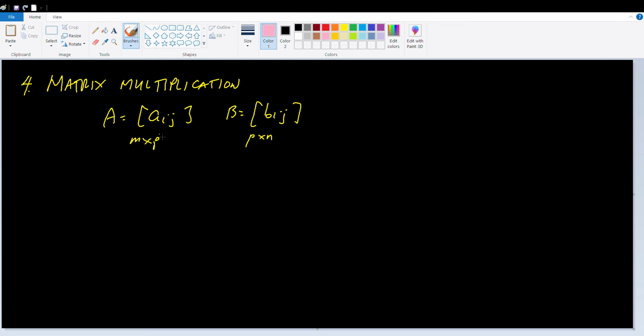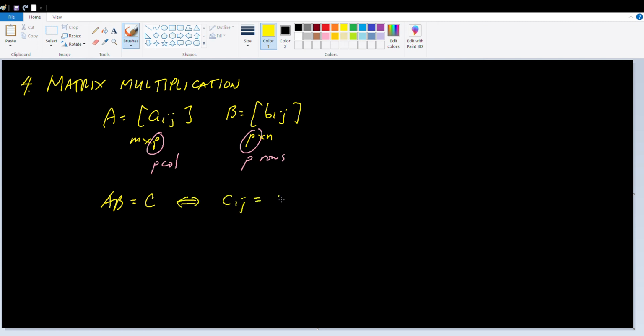It is important that the sizes of A and B are compatible. A is M by P, meaning to say it has P columns, and B is a P by N matrix, meaning it has P rows. So the number of columns of A must be equal to the number of rows of B for the product AB to be defined. For the product AB to be equal to C,